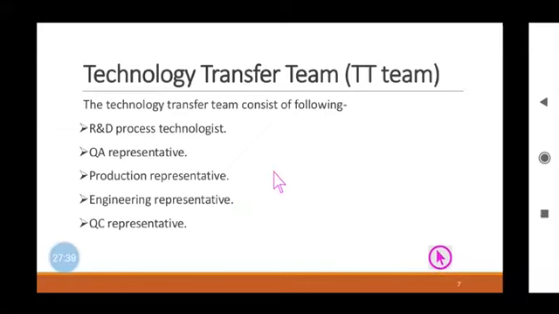the product. So the team is made available, having representatives from all such departments, or personnel with expertise in different areas, as mentioned in this list, and they should have proper organization, proper coordination, and proper head, so that the work can be planned and the technology transfer process will be successfully executed.